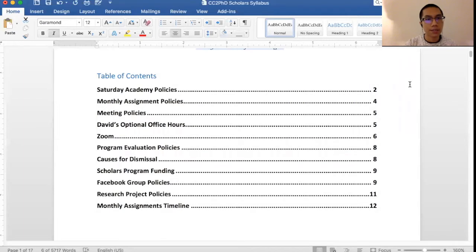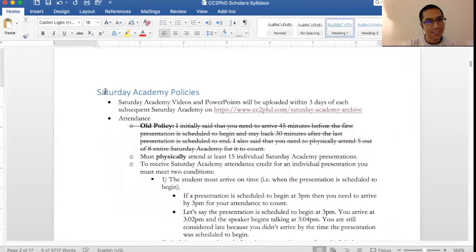In terms of the table of contents, just to provide a quick outline of the syllabus, it lists the Saturday Academy policies, the monthly assignment policies, the meeting policies, my optional office hours, how to use Zoom, program evaluation policies, causes for dismissal, scholars program funding, Facebook group policies, research project policies, and monthly assignment timeline. And what's really cool about this Word doc and this PDF is that if you click on the table of contents, it'll take you to the part you're interested in.